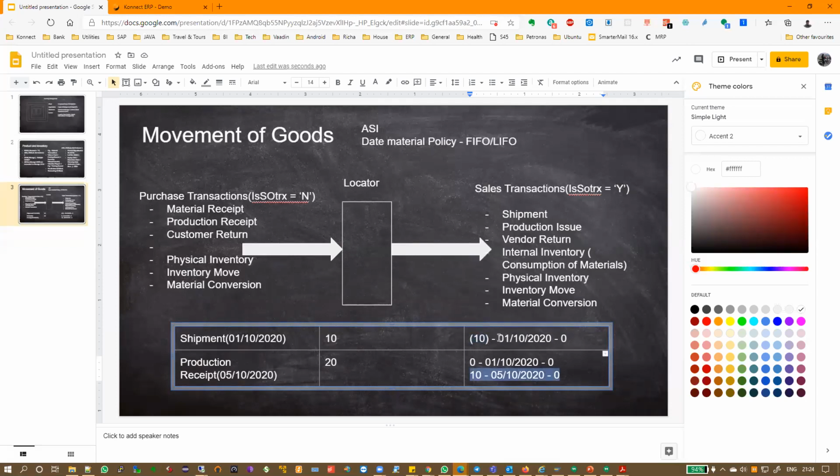So here, since we already have 0, 1, 10, 20, 20, it has -10. It will zeroize this first, which is plus 10, which in a way is always correct. But then the remaining 10 will get created using a new date material policy record with 0, 5, 10, 20, 20.